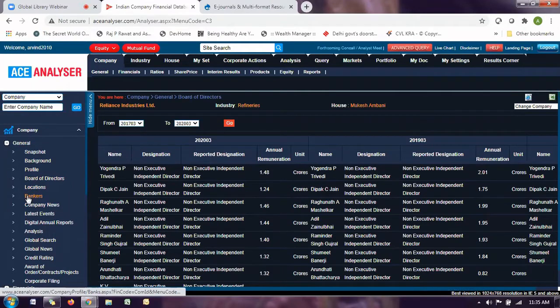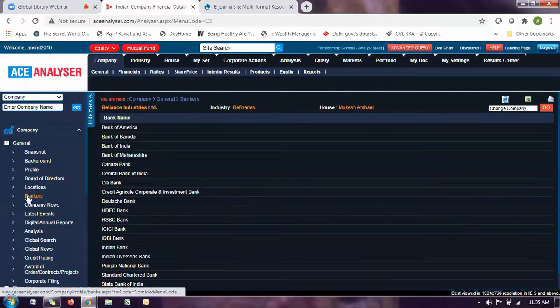we have bankers. So now I want to know which are the companies. Suppose recently we hear a lot of loan defaults or a lot of other things coming up. Suppose there's a bank, like ICICI Bank, that was involved in something recently in the news. So we can know which are the companies where ICICI Bank is the bank. That we can do in the query module. We'll go to the query module later.